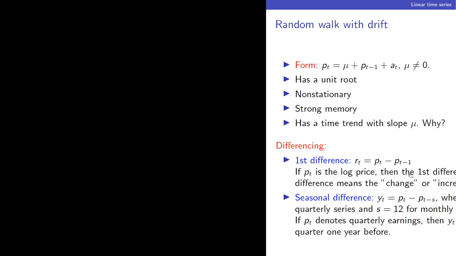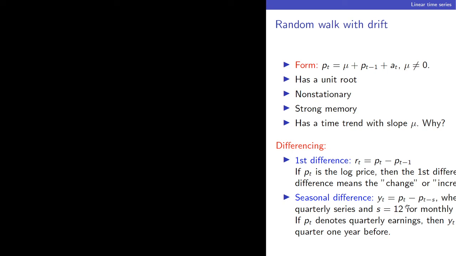Typically, it means the increment of the original series, basically. Now, regarding seasonal differences, if we go S steps back instead of 1, S would be the periodicity. For example, if we were working with quarterly series, then we would take S equal 4. If we were going for monthly series, we will take S equal 12, because that's how many months are in